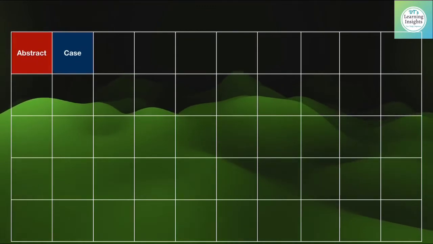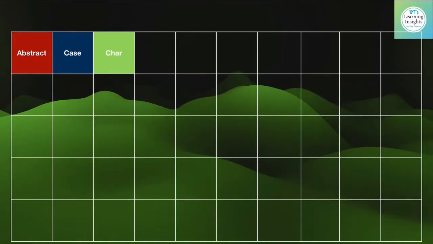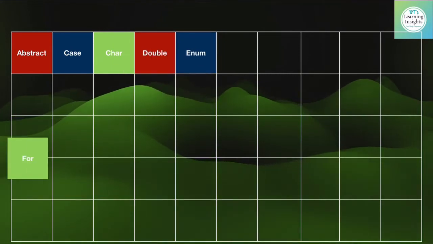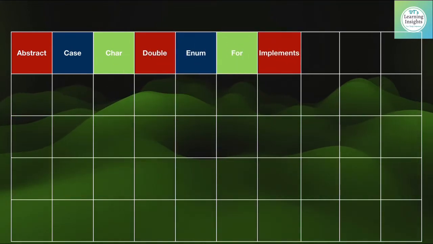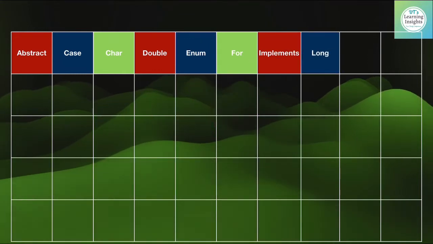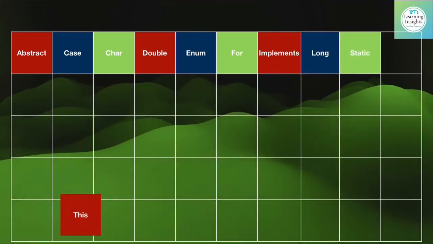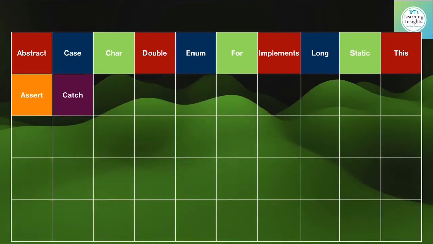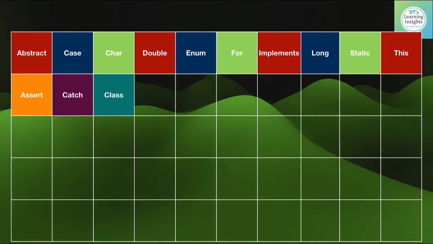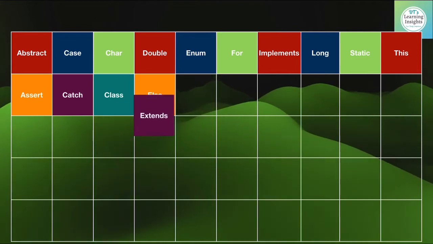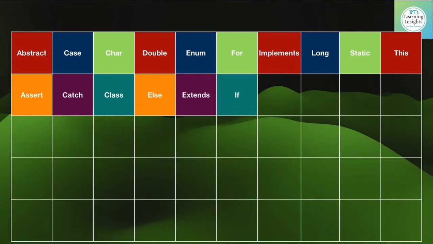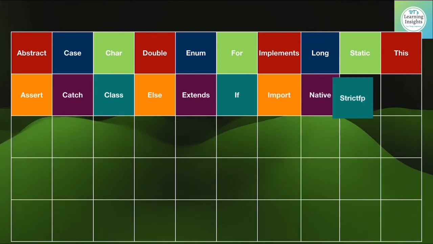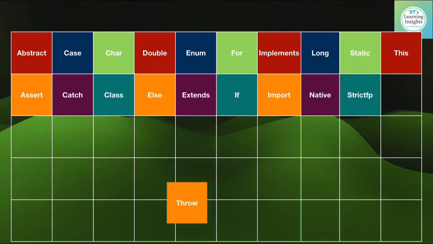Abstract, case, char, double, enum, for, implements, long, static, this, assert, catch, class, else, extends, if, import, native, strictfp,